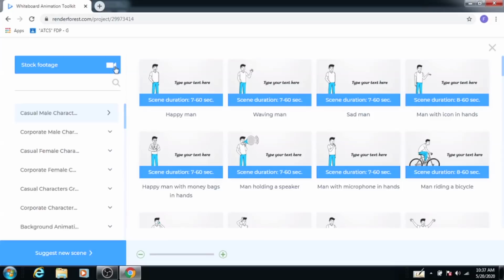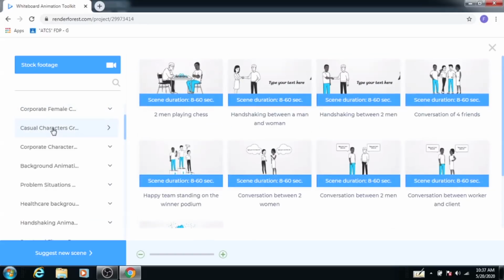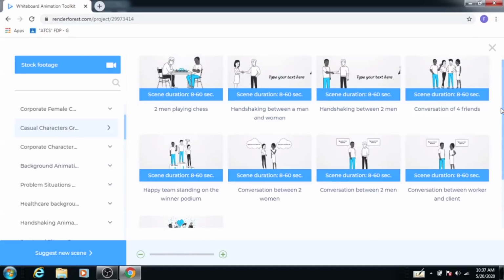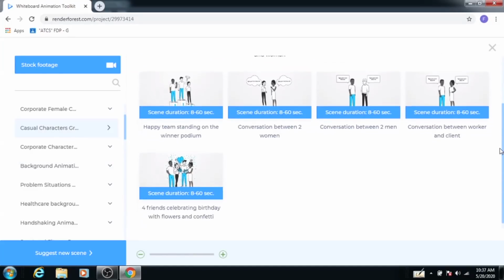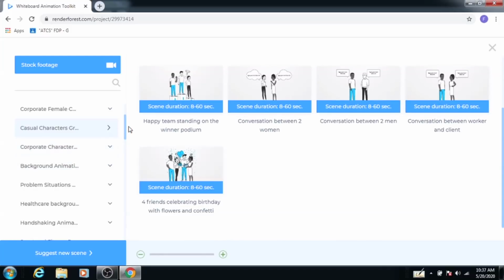Then a number of options are there. Go down again, you have to add some character. Click on this casual part, or click on the background animation button.